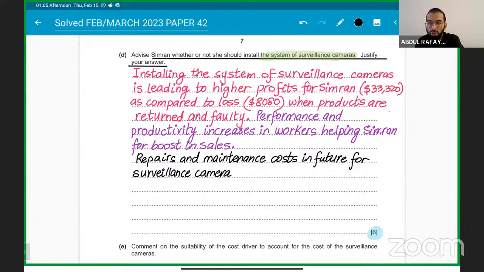Any other prop? Let me know. Repairs and maintenance cost in future for surveillance cameras. Okay. Any other point? Yeah, it might be that from a business perspective we can write a point that it might